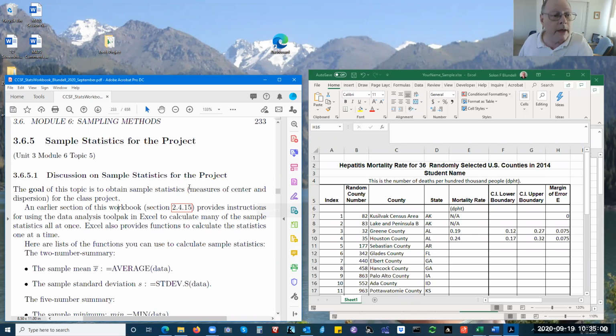And so when you come to this video that you're watching right now, you should already have a spreadsheet that looks like this, but with all your numbers filled in with the mortality rates for each of your own 36 counties. And then what we're doing today is making tables of sample statistics, the mean and the median, standard deviation, and so forth,